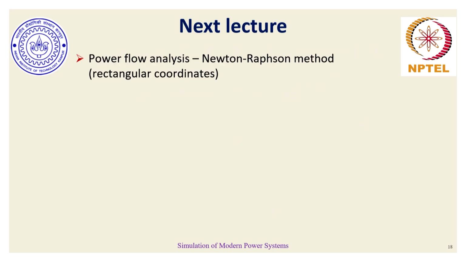With that, I conclude this discussion and I look forward to the discussion on the Newton-Raphson method applicable for voltages when they are mentioned in rectangular coordinates. Special care has to be taken when voltages are in rectangular coordinates, and that is where the Jacobian dimensions also change, the function representations change, the unknowns x also change. We will see all that in detail in the next discussion, and we will also have an example on how the Newton-Raphson method works when voltages are in rectangular coordinates. With that, I conclude this discussion.